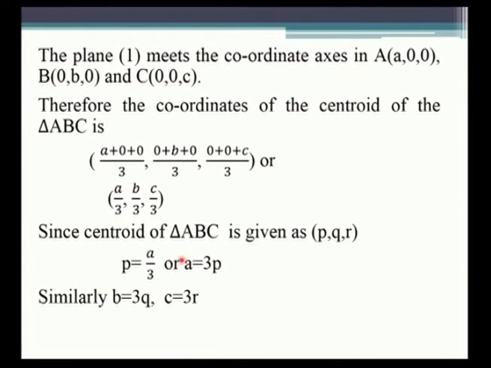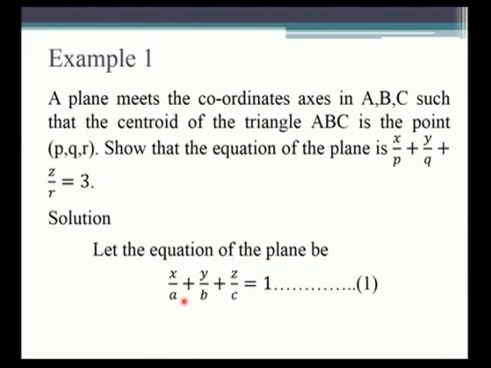Now, we equate these two. If we equate these two, we will get p is equal to a/3, or a is equal to 3p. Like that, we will get b is equal to 3q and c is equal to 3r. So, from the equation of the centroid, we got the values of a, b, c. The reason for obtaining the values of a, b, c is that in the intercept form of a plane,